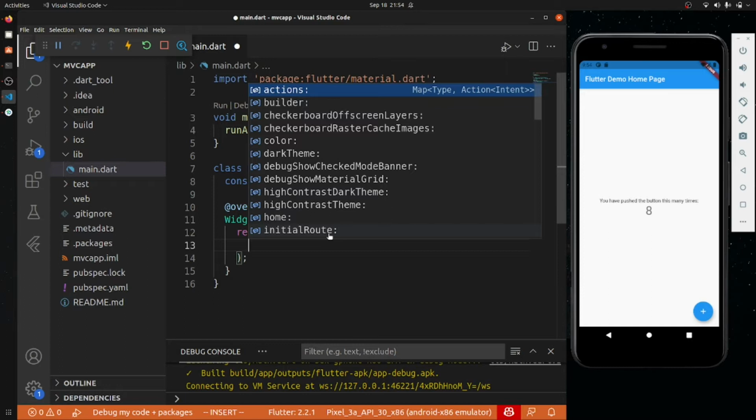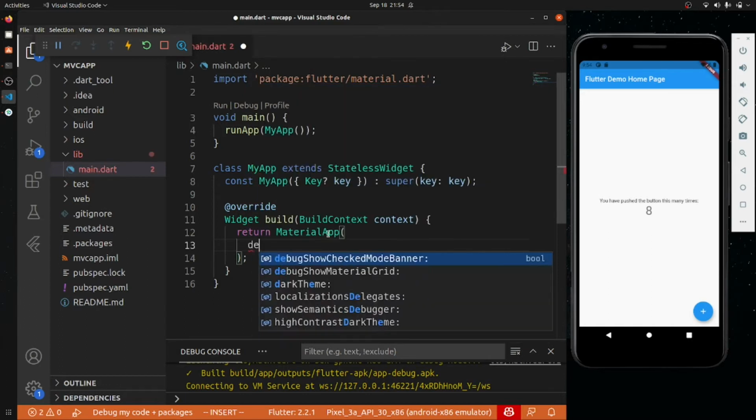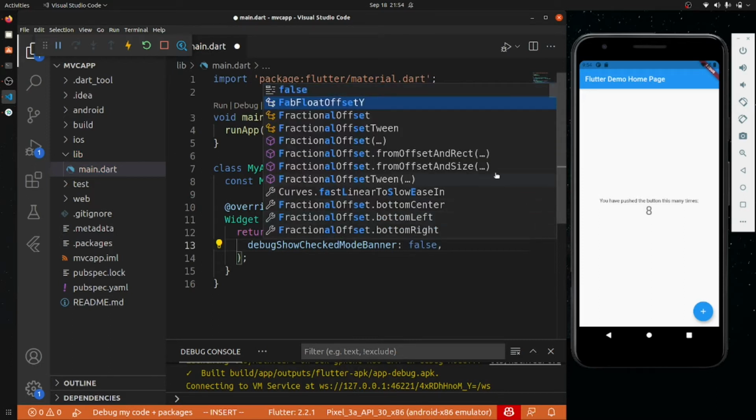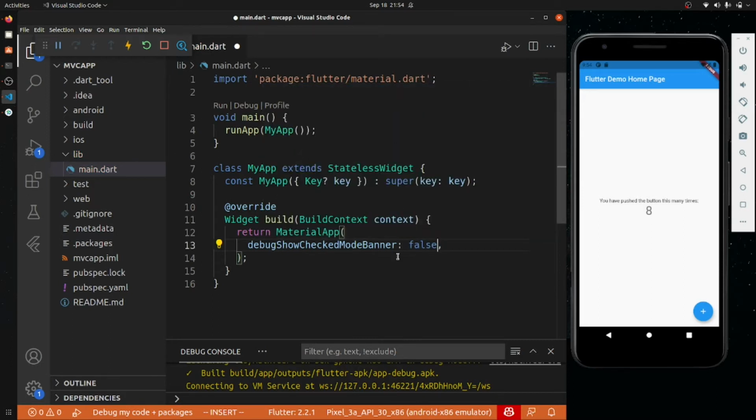Inside this we have many things. Firstly we will just remove this debug show checked mode banner, because you can see that we have a debug flag, so I don't need that, so I'm just removing it. Okay, so I'm just setting it as false.